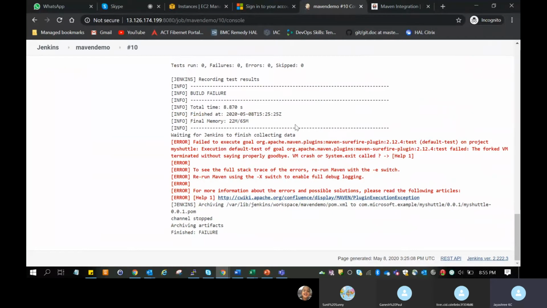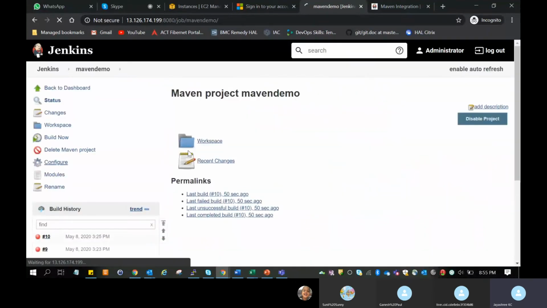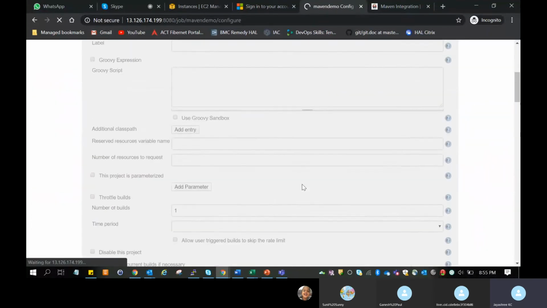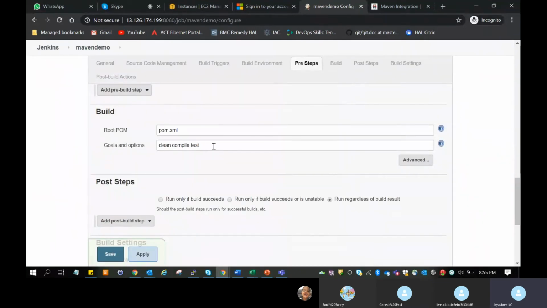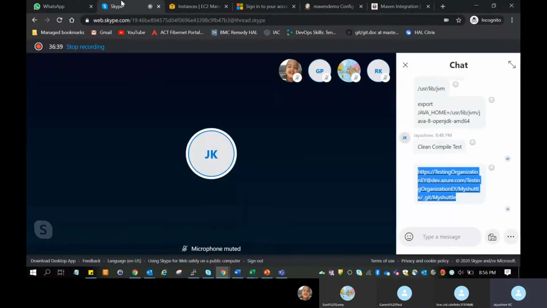Maven plugin execution exception. Can you change the goal again? Last try. Go ahead and copy the package one only instead of clean compile test.